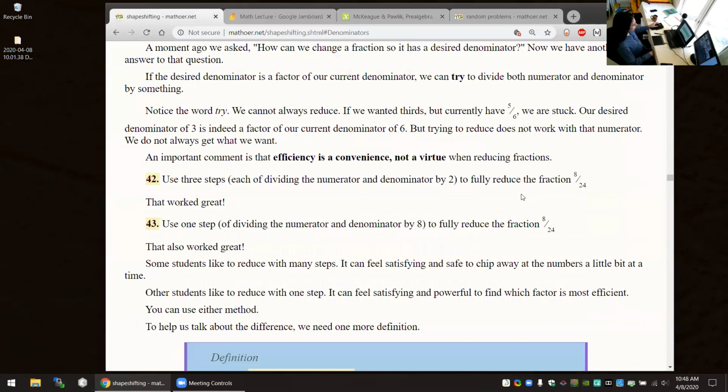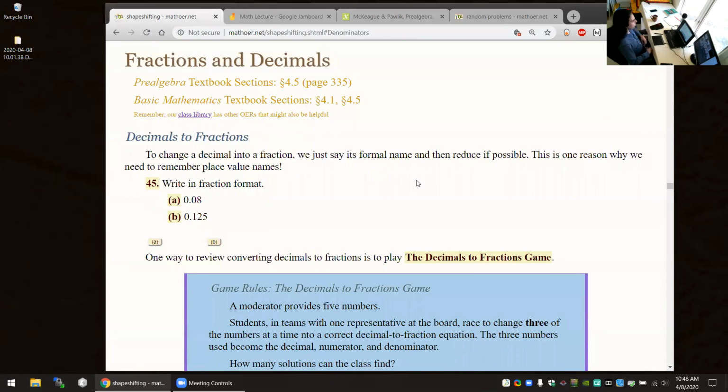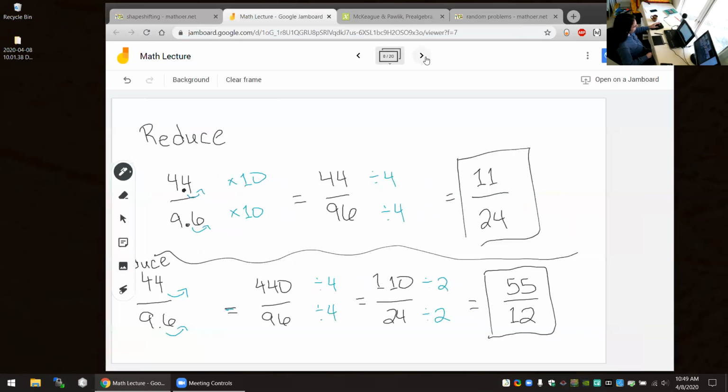Okay, so that was about reducing fractions, and that's kind of as hard as they get in this class. The next thing we want to do, again, for now we're focusing on everything we might want to do with just one number, is take our fraction and make it a decimal. So if I have, like, let's use 0.08,